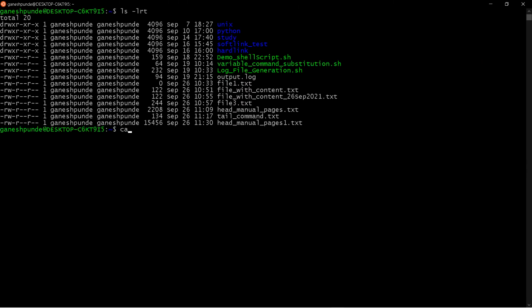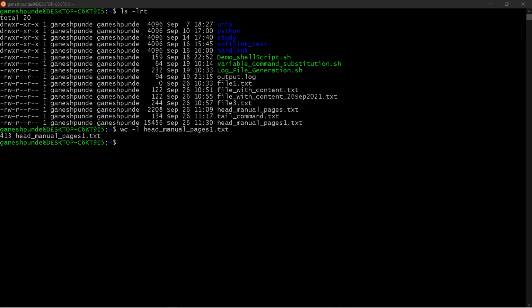Now you can see, if I want to count the lines in this file 1.txt, I should use wc -l. So you can see 413 lines I just appended, right?